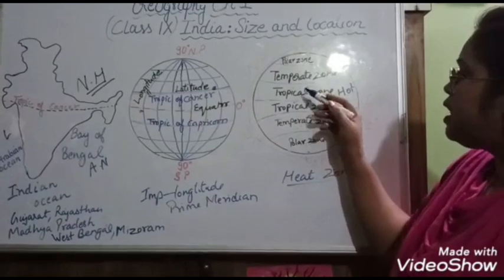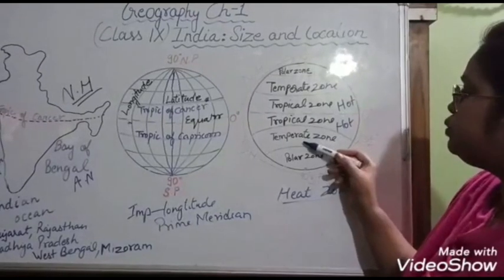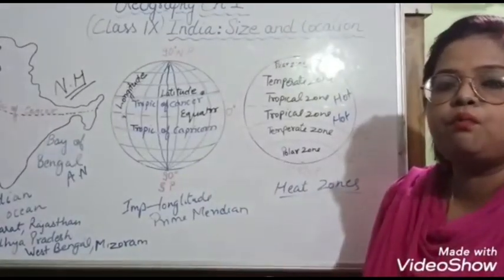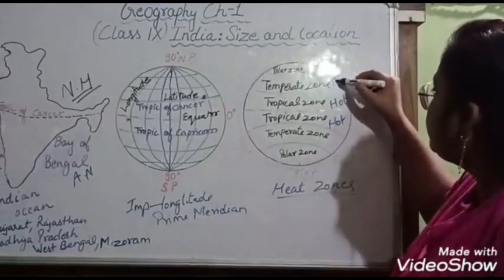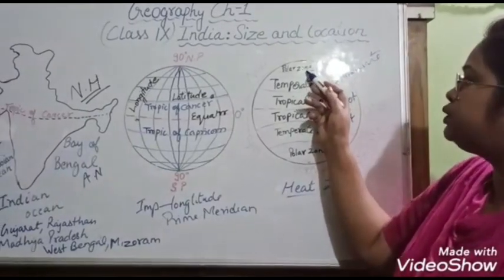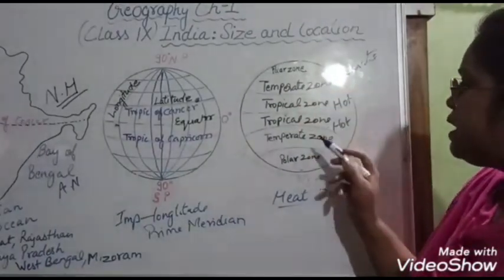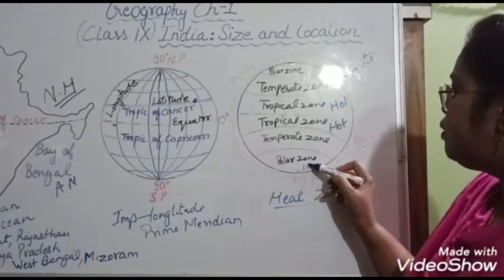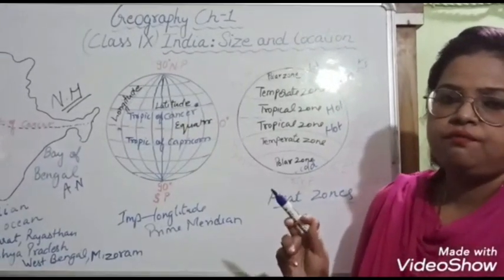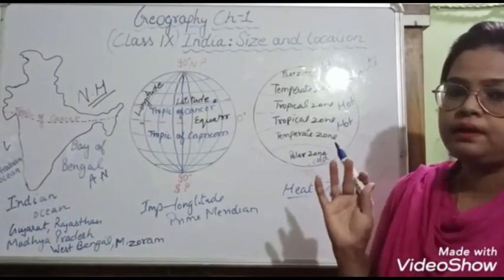Temperate zone. After the tropical zone comes the temperate zone, in the north also, in the south also, same as this. And this is not too hot, not too cold, in between, a moderate type of climate. We can say moderate. Okay? And then comes the polar zone, near the poles, at the north also, at the south also. Both the places have polar zones. These are very cold areas. Frigid zone, we can call it polar zone also, frigid zone also. This means the areas are very cold in climate.